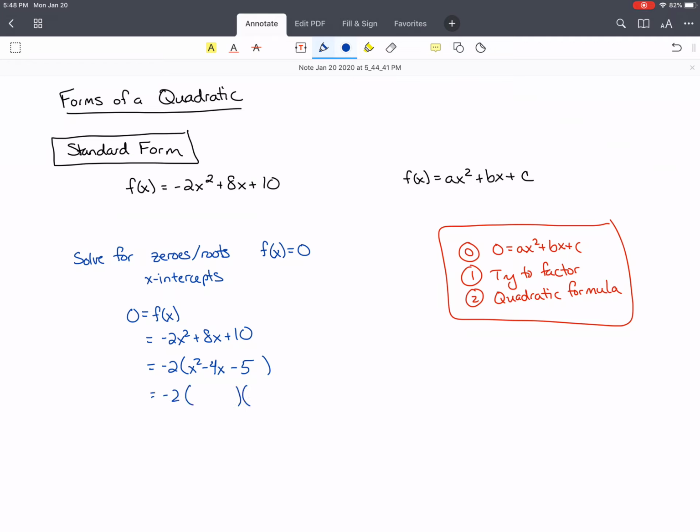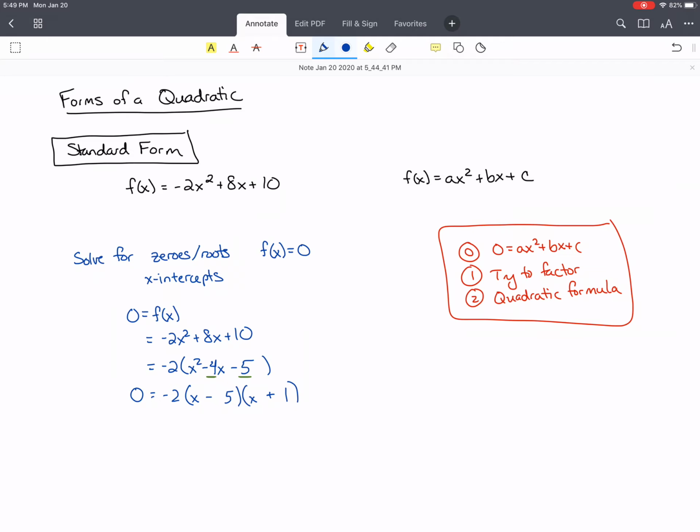My next step is to try to factor this quadratic into two factors. So I'm looking for something that when I FOIL, my last terms will multiply to negative 5, but then they'll add to negative 4. There's not very many multiples of negative 5. My options are 5 and 1. For that to add to negative 4, I need a negative 5 plus 1. So when I FOIL, this works out. So 0 equals negative 2 times x minus 5 times x plus 1